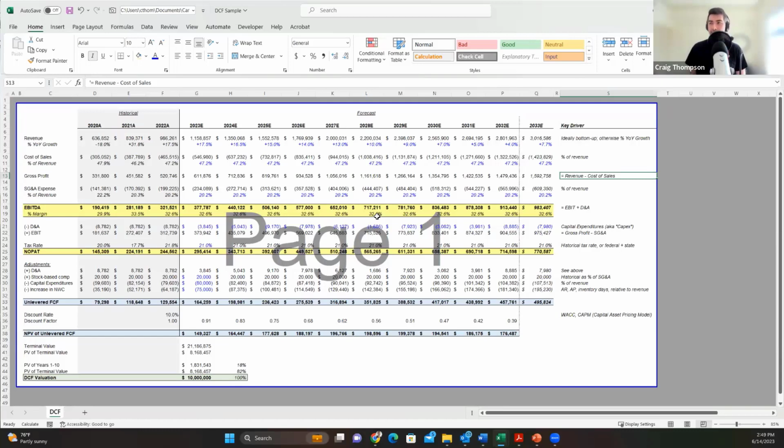DCF models, by the way, are very important for investment banking. You might get asked about it in a private equity interview, but it turns out that the people who are professional investors, like venture capital and private equity folks, will never, ever, ever build a DCF model, because there are other ways of trying to more accurately forecast returns that circumvent the hand-wavy nature,